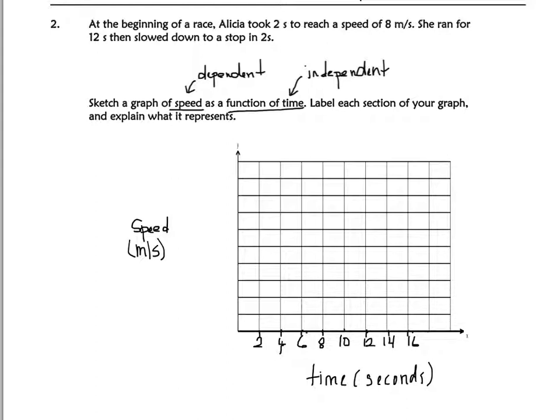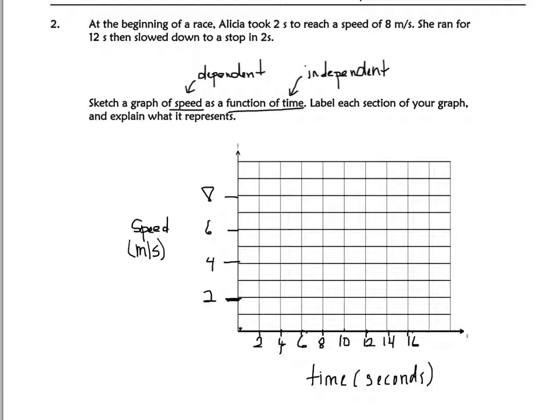And then the speeds, it says, well, obviously she started at a speed of 0, but then she reached the speed of 8, ran at that speed for a while, and then slowed down. So we need to go at least as high as 8. So 2, 4, 6, 8, we can probably do it in units of 1, every block representing a unit. So I'm just going to label every second one. So 2 meters per second, 4 meters per second, 6 meters per second, 8 meters per second on the vertical axis. So if we draw our sketch now for this, sketch our graph for this particular race,